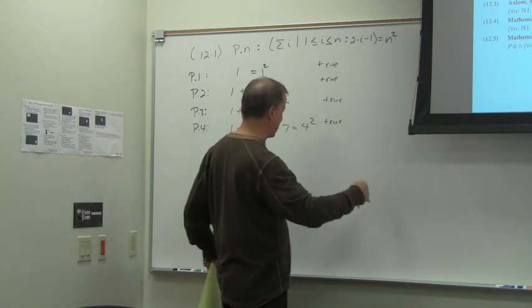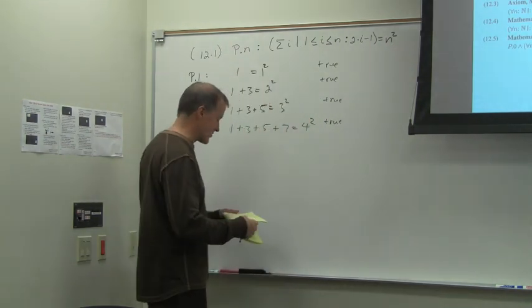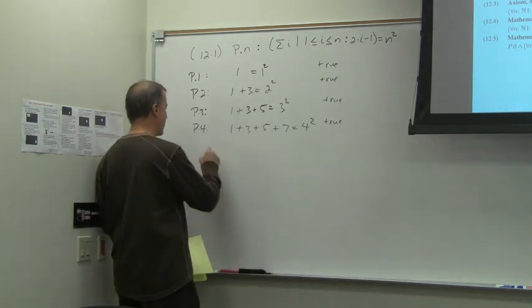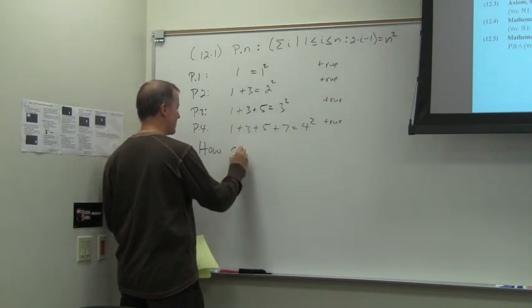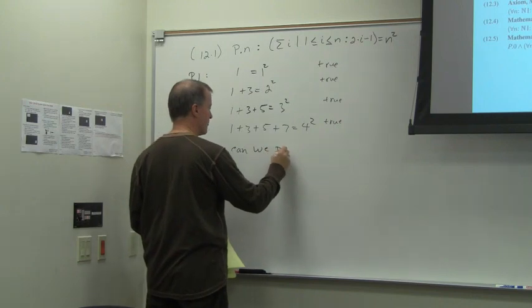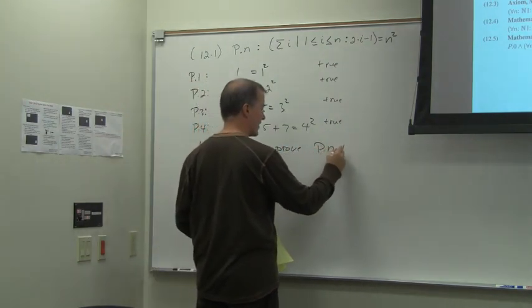Oh, how do you know it's true? Well, we did it all the way up here. Well, it might not be true for the next one. So, how do you do that? So here's the question. How can we prove P of n is true